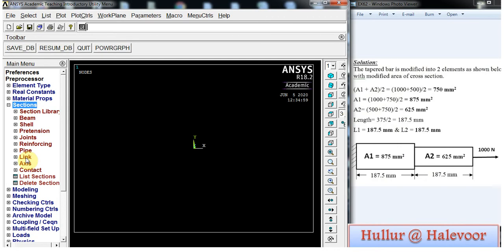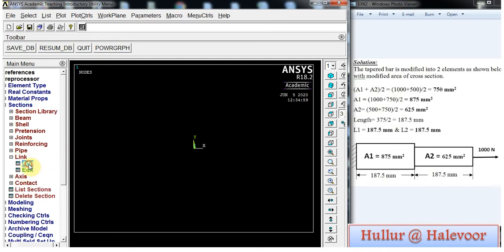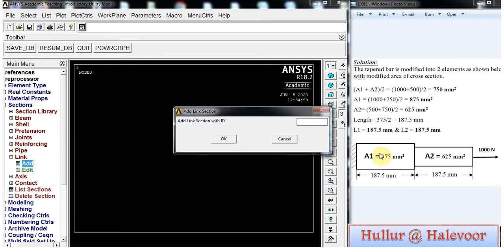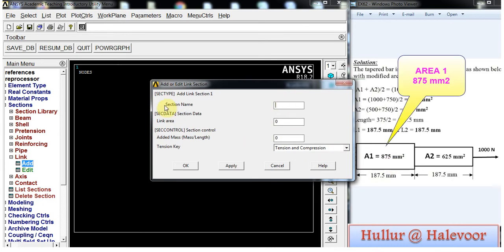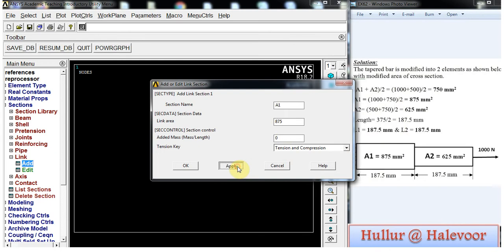Here you click on link element, click on add. Since there are two cross section areas, we have to add two areas. The link ID 1, click OK, then the cross section name is area 1 A1 and the link area is 875 mm square, then click apply.